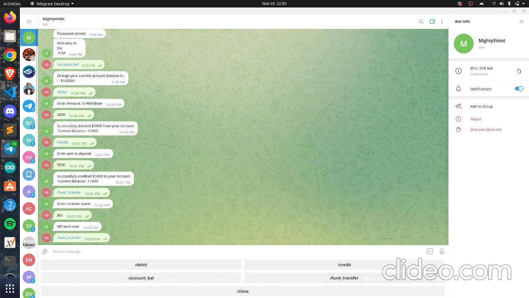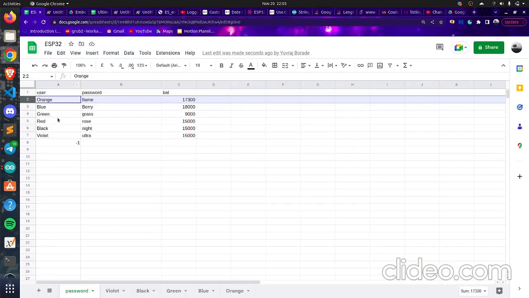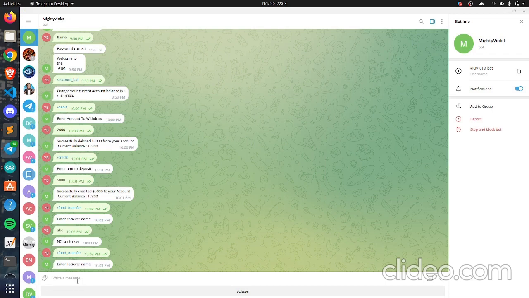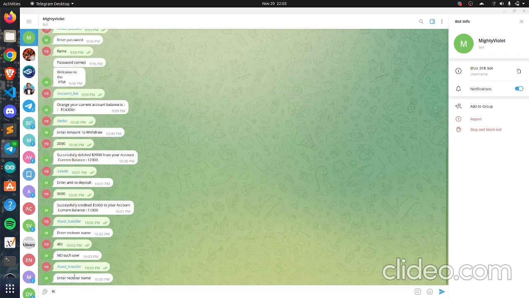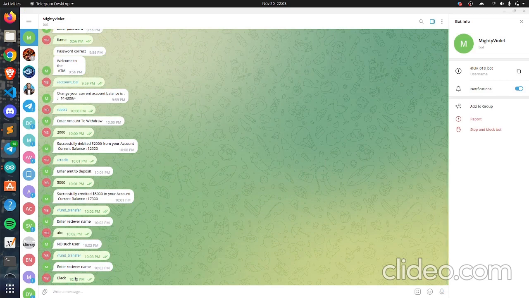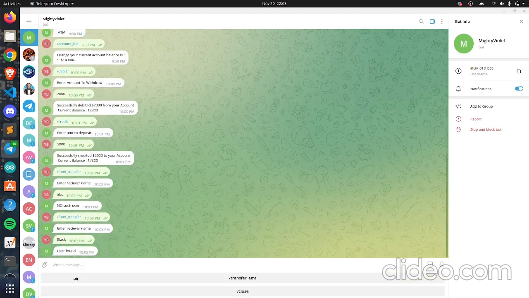This time I'll enter a proper user. So let's enter black. Yeah, so now it's asking me to transfer the amount.